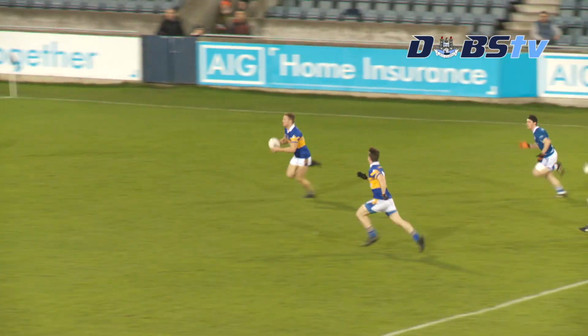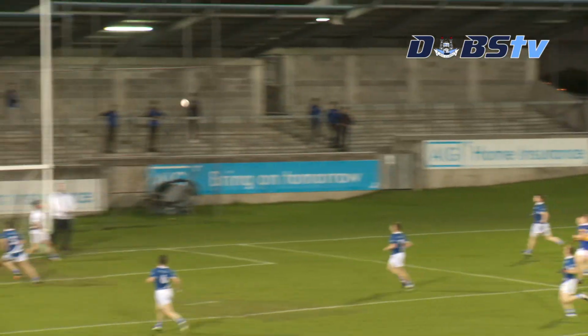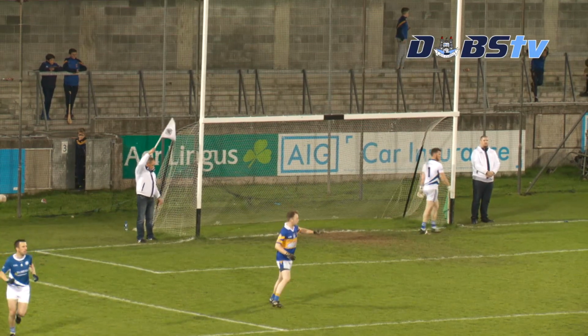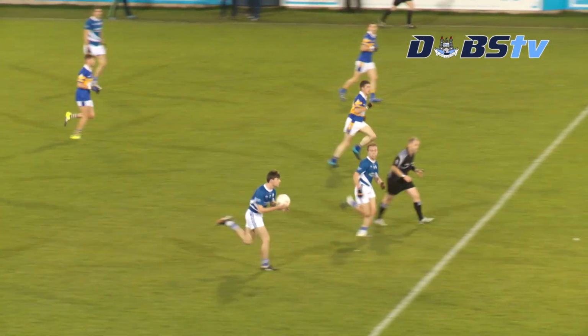Now it's Kieran Kilkenny inside the 45, approaching the 20, making the angle a bit better for himself, but actually goes outside, and it's a shot from corner forward Galvin, and Galvin looks for the first goal of the game. Owen McGinley shifting the ball, and now it's Jack Smith, who's racing inside the 65, approaching the Castleknock half, puts